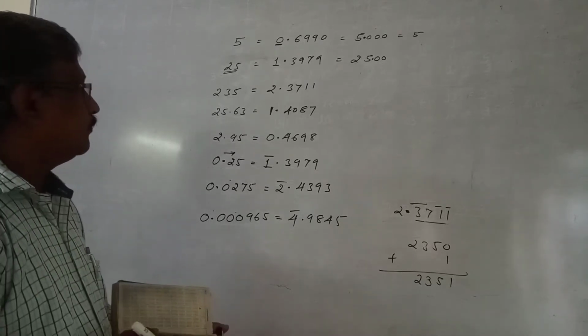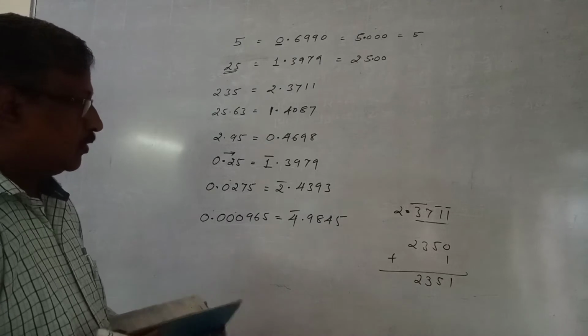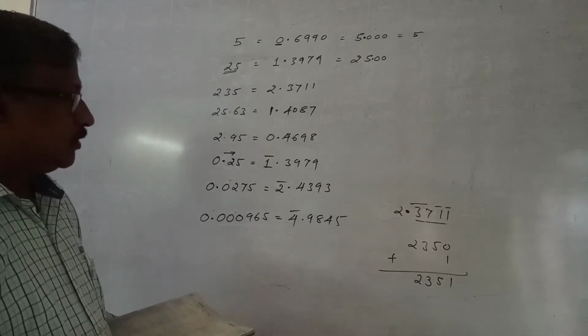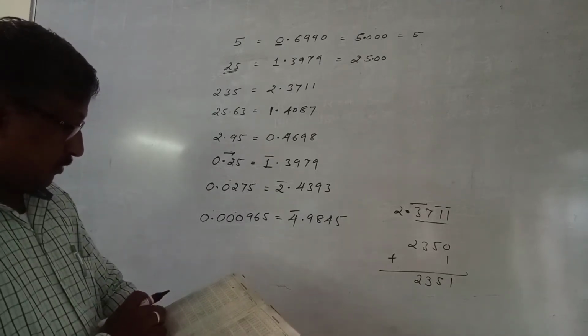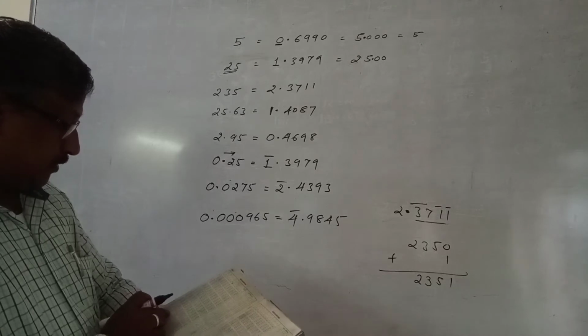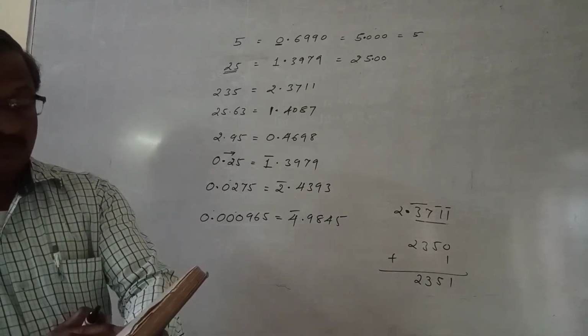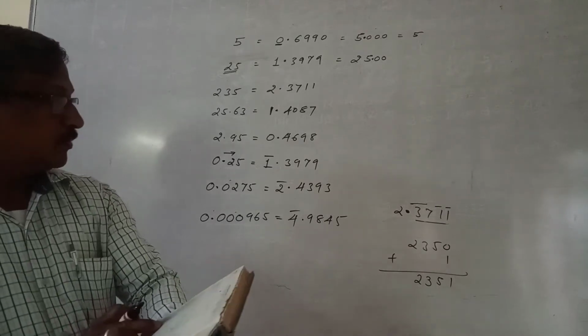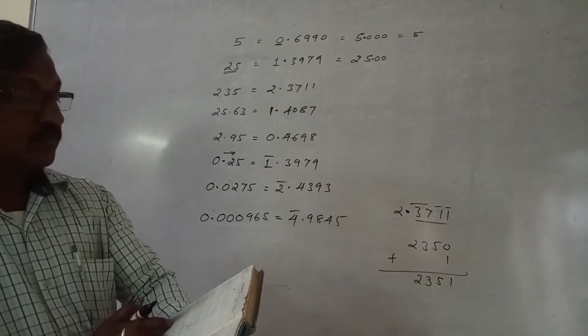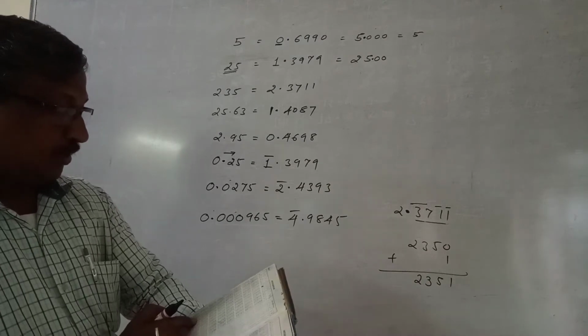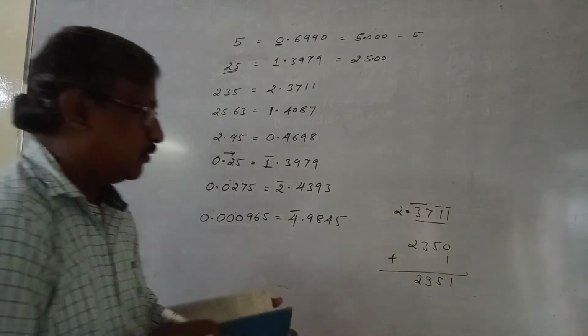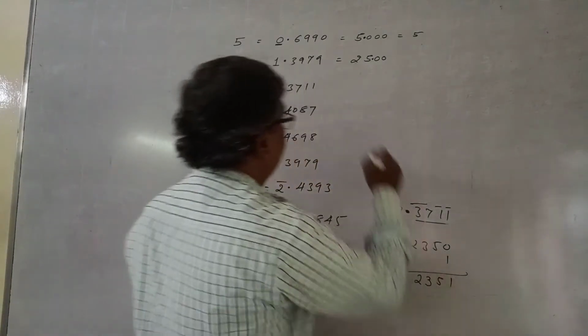2351. Clear? It is how much? 37. First column mean difference, first column, 37, correct. It is 2351, so it comes to